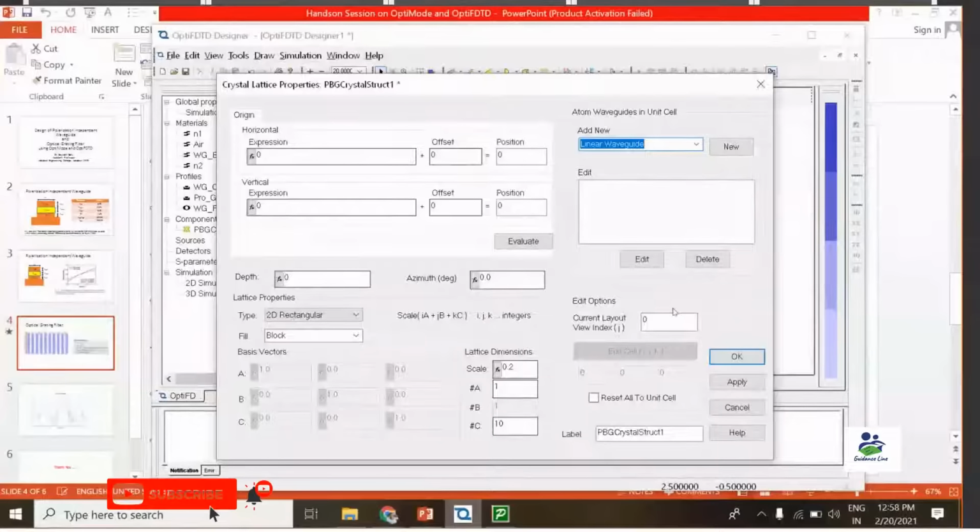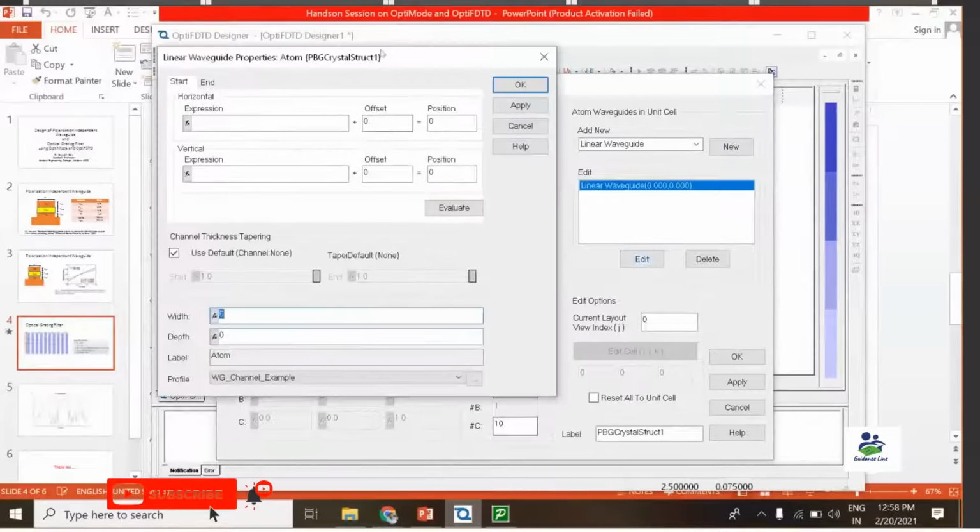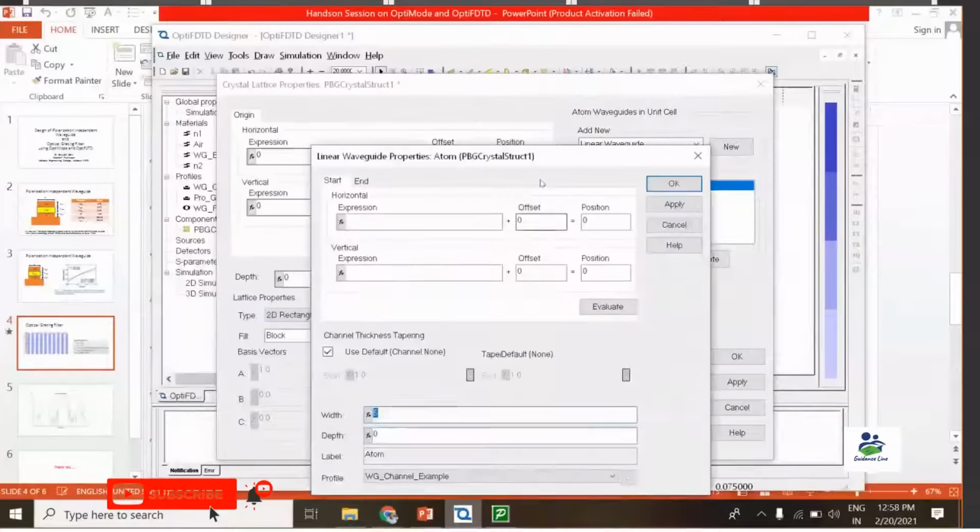So in this particular linear waveguide, we click on new, and then click on edit. So the properties dialog box opens here, and in that particular properties dialog box I am changing the value of a.